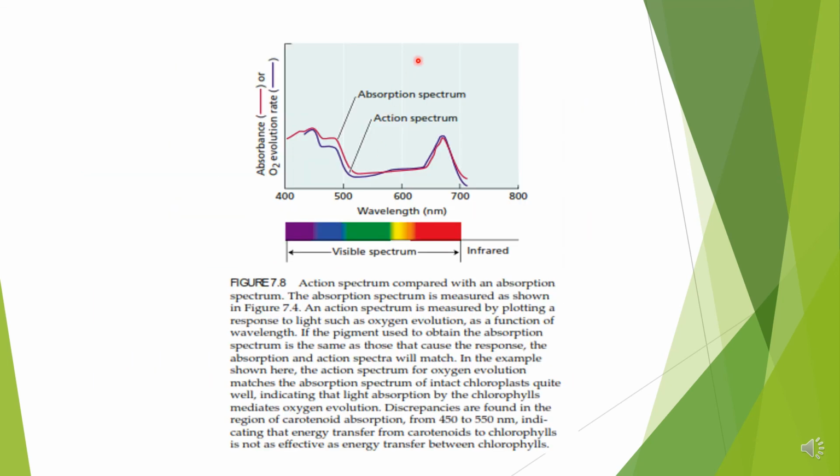In this diagram, one is the absorption spectrum, whereas the other is the action spectrum. So the absorption spectrum can be larger, whereas the action spectrum will almost be lesser than the absorption spectrum, because the whole amount of energy once absorbed by green plants will not be carried into the process of photosynthesis. A small amount of light can carry the process of photosynthesis, because the absorbed amount of energy can be used in some other